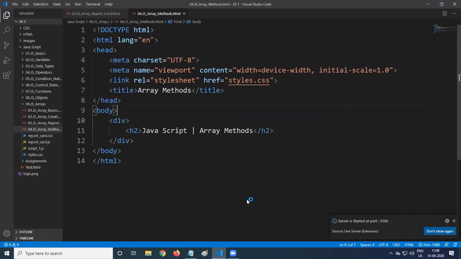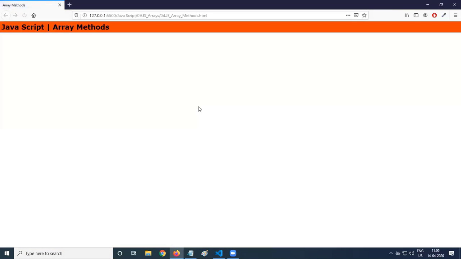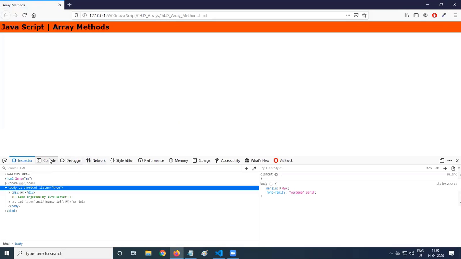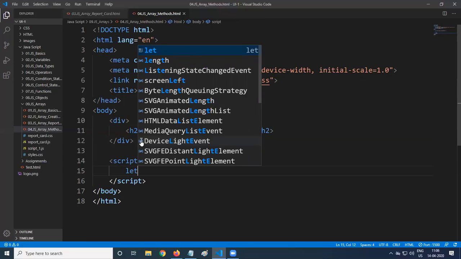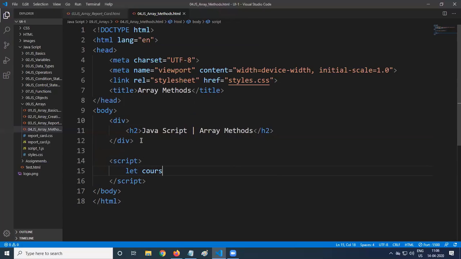Theoretically, we need to understand the concept: what the different methods are and what the purpose of each is. Now, in the same program itself, in an internal script, we will have an array. Let courses is equal to, we create an array as a literal.